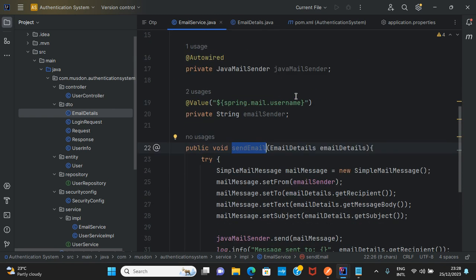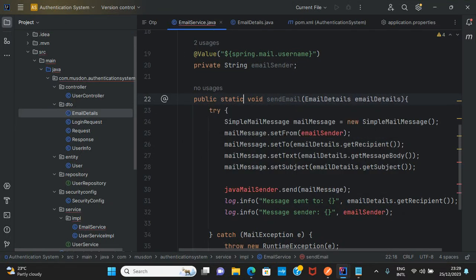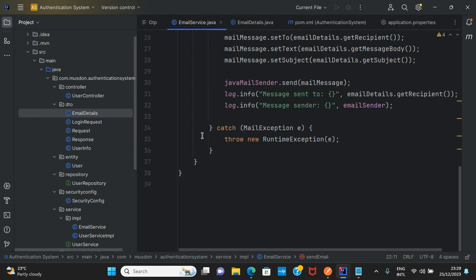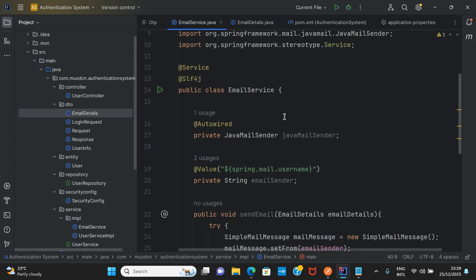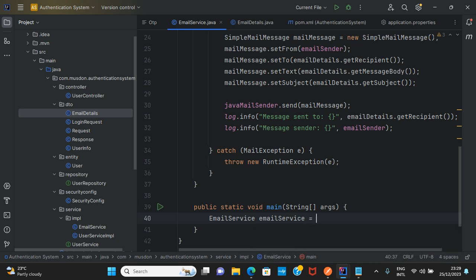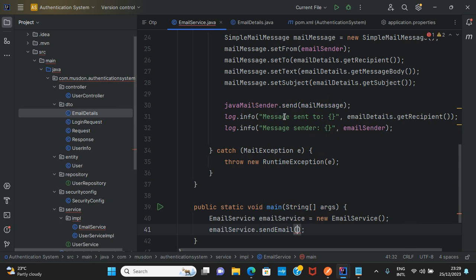We can actually test this. So how do we test? Firstly, for now, I'll make this static. Oh, doesn't work. Okay, no need to make it static. We'll just create an object of the class. So to test, I'll create an object of email service, and I'll just call email service dot send email, and it will take